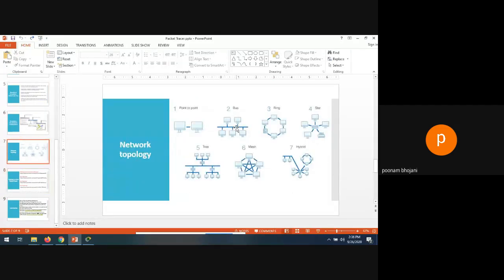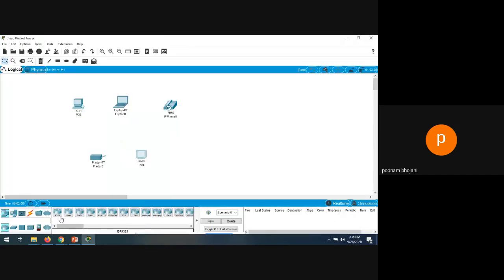For example, this is a bus connection. Whenever a device is connected to this wire, the device cannot connect to the wire directly without a switch. So you have to connect switches for all the devices. Let me show you how it is possible. Let me connect the different switches.